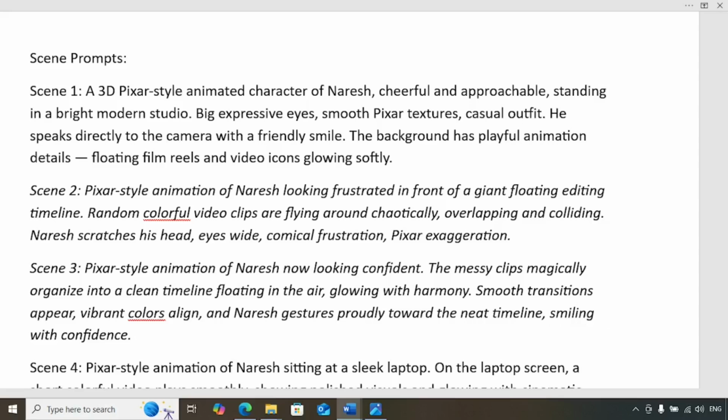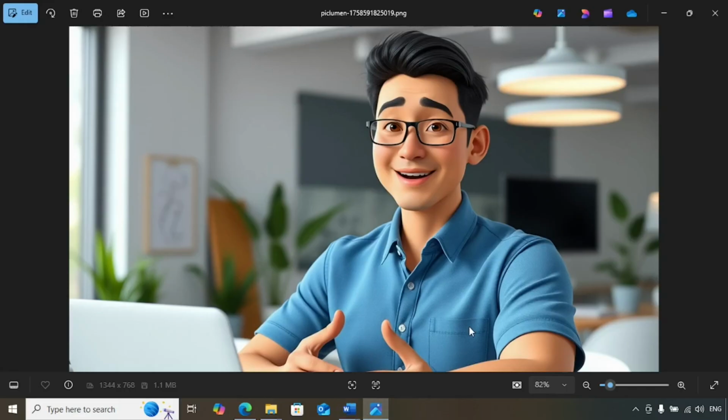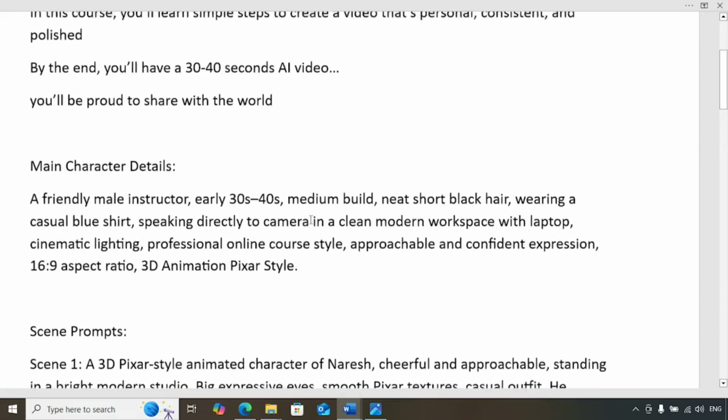Hi everyone. In the last video, we created a main character for our particular story or AI video. In this video, I am going to show how we can create different images using image prompts. All right, so what I'm going to do is minimize this, and if you see here,